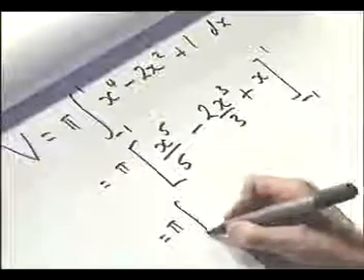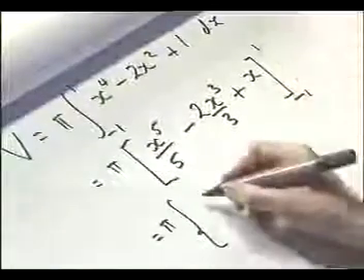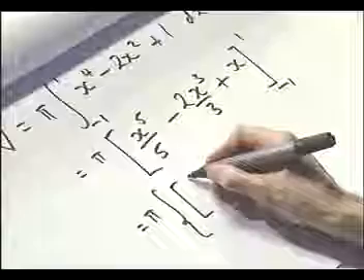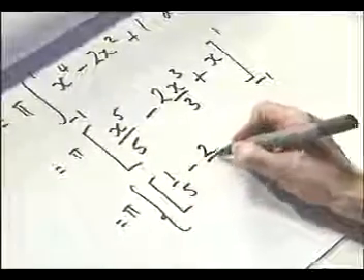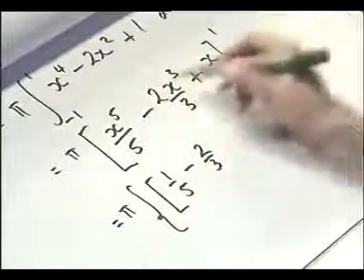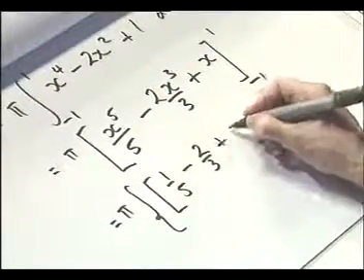Let's substitute in the limits. Take the 1 and we put it in first. That gives us a 5th minus 2/3, because all of these powers of x are just 1, plus 1